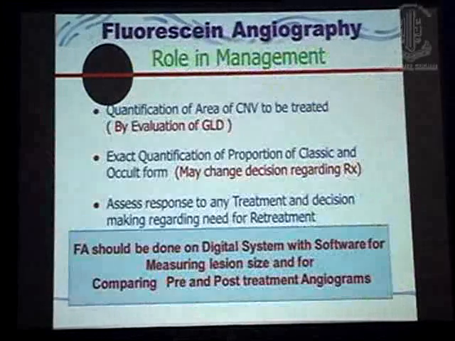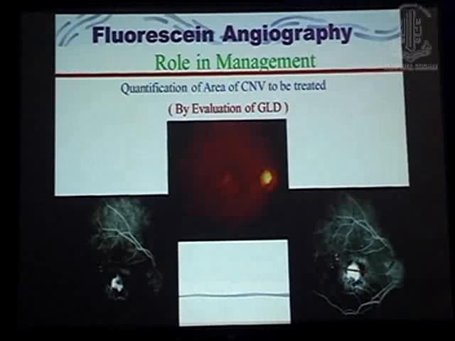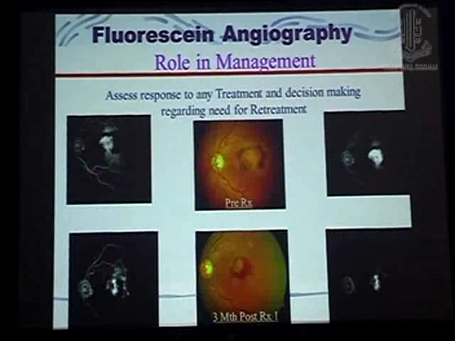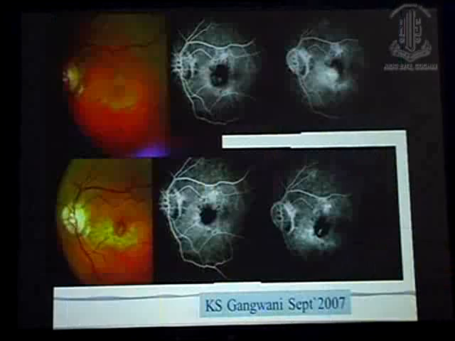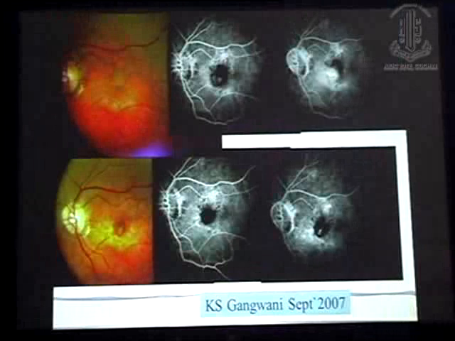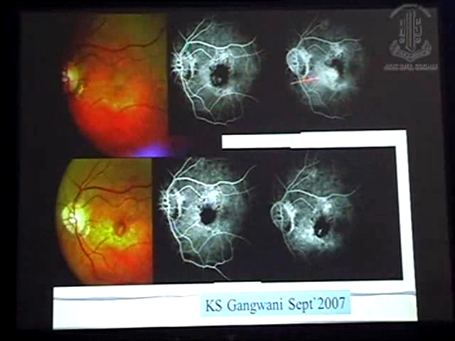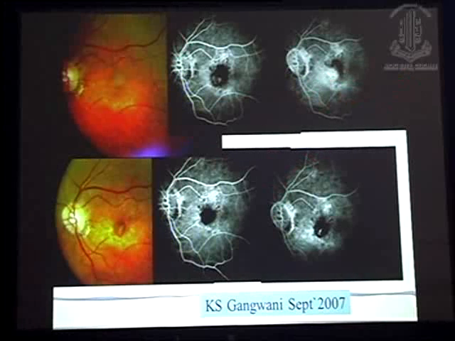We'll just skip a couple of these slides. This is a patient who had a predominantly classic CNVM. This is after PDT. There was resolution, but you see the activity is still there. Here's another patient who has early phase, you see hyperfluorescence. This is juxtafoveal kind of CNVM, and after treatment only with the PDT and anti-VEGF injection, there is absolutely no activity, and whatever you see on FA is just a window defect.